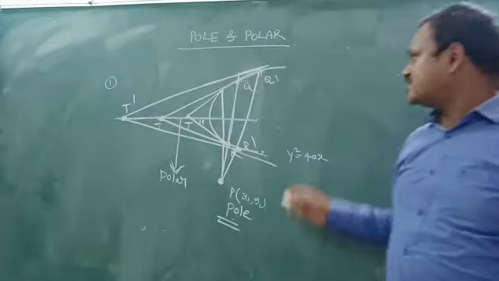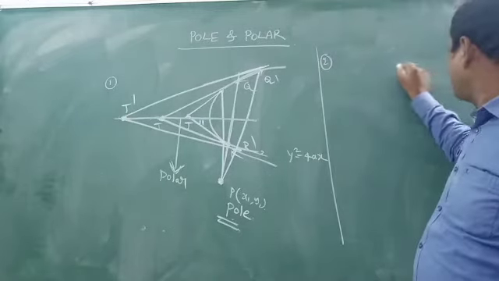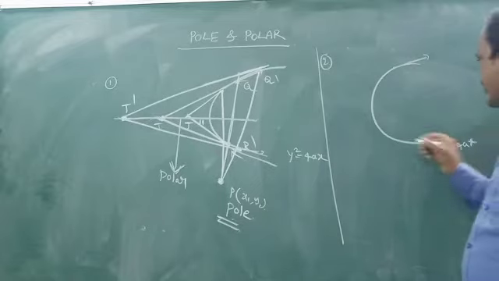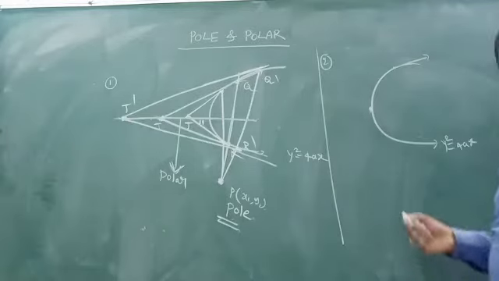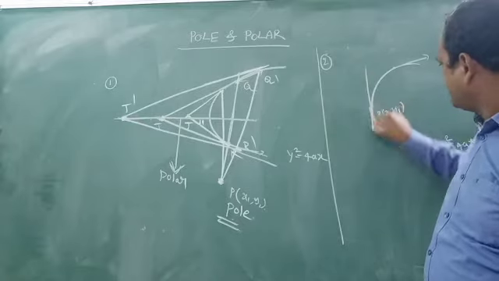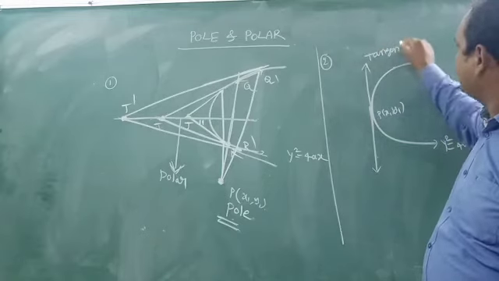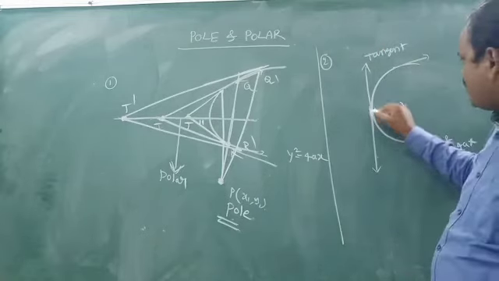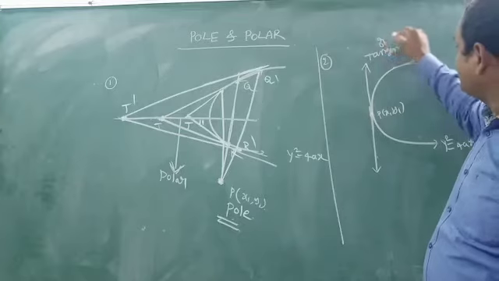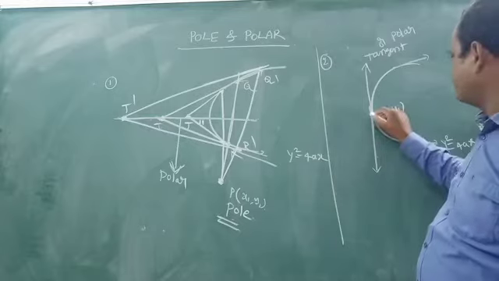Like that, my dear students, now you have here the second one, right? The second one is what? Whenever you have a parabola like this, y square is equal to 4ax, if you take a point on the parabola, this point P, we call it x1 comma y1, right? What you are going to have is this tangent, okay? This is the tangent for this case here, if you draw it. It is a point on the parabola. In this case, it acts as a tangent or a polar. This is one thing we are having here.